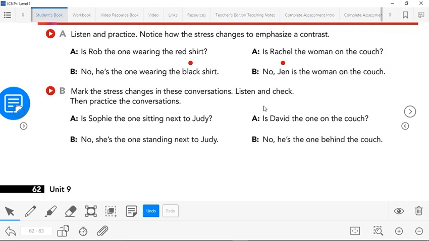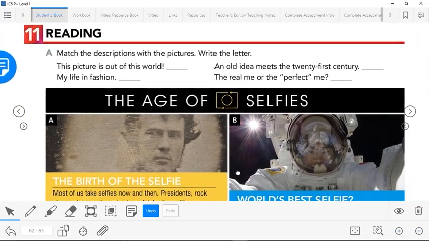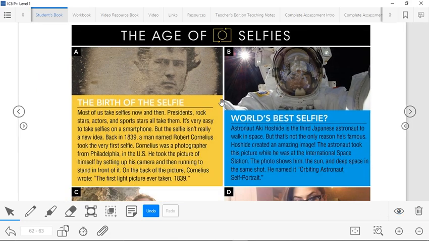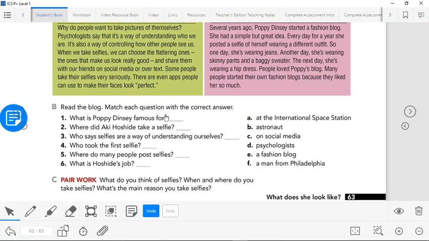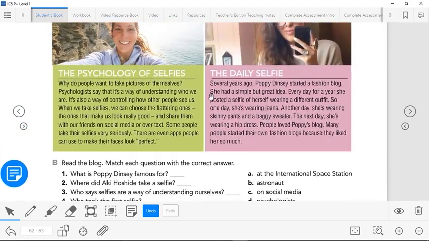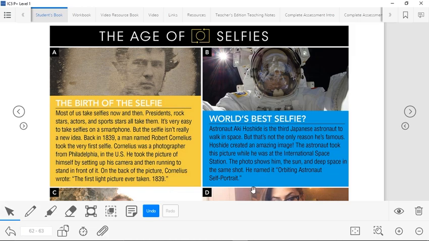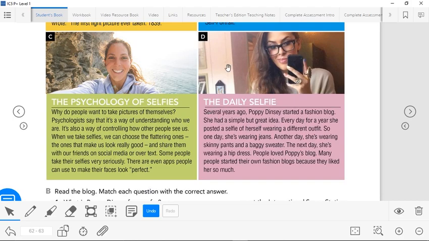Okay? Very good. Now, for the last thing of today, we're going to be having a reading. Something really interesting. It's called The Ages of Selfies. You know, the selfies, right? The self-portraits, basically. Pictures of your own self by you. You're going to be reading these 4 stories of selfies, and then you're going to match each question with the correct answer, okay? So now, stop the video here so you can read these 2 parts. And stop the video here so you can continue reading and finish it. Okay? So now,